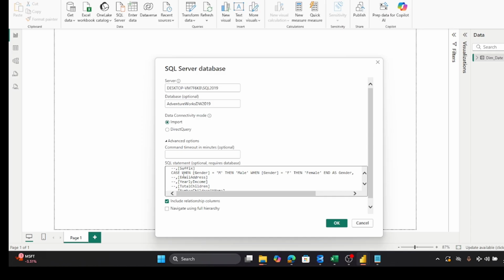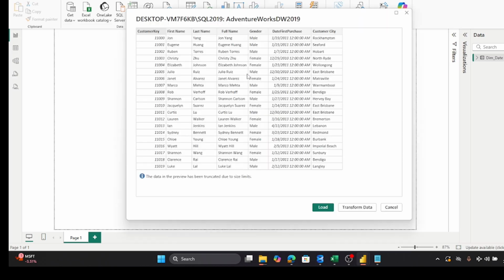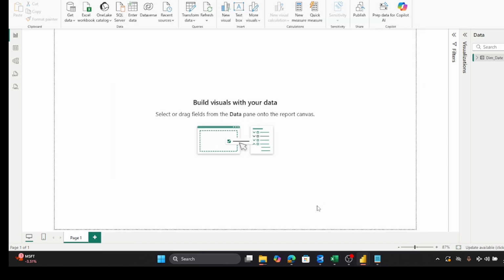Okay, so let's run this. Okay, we'll load it